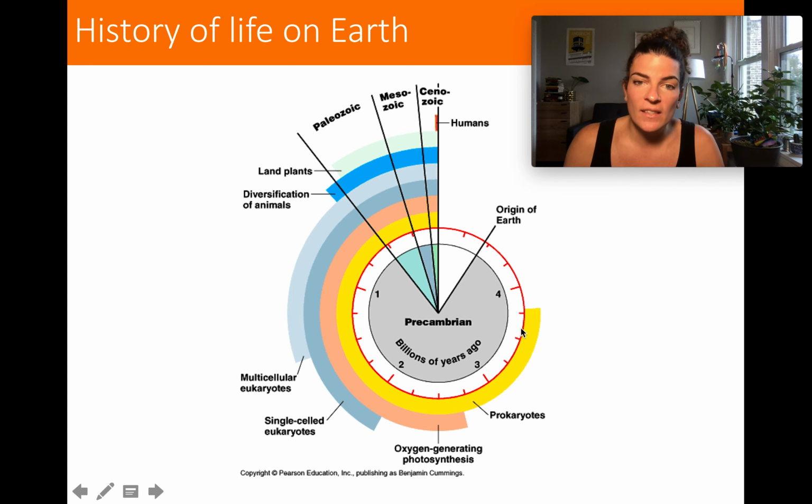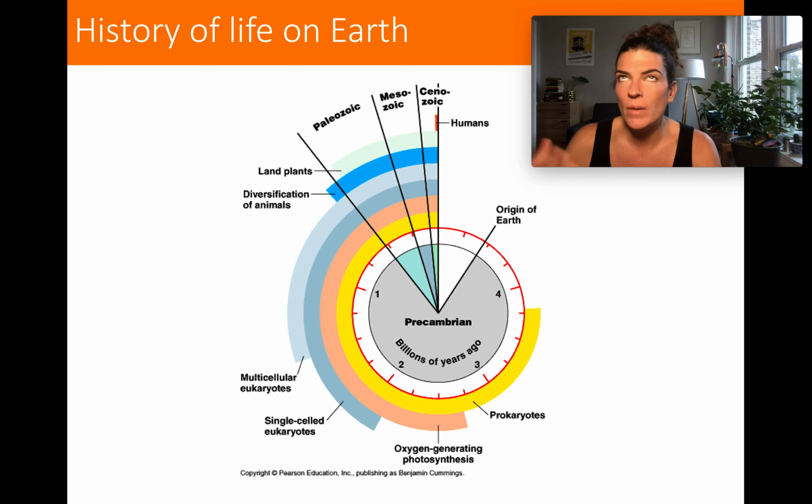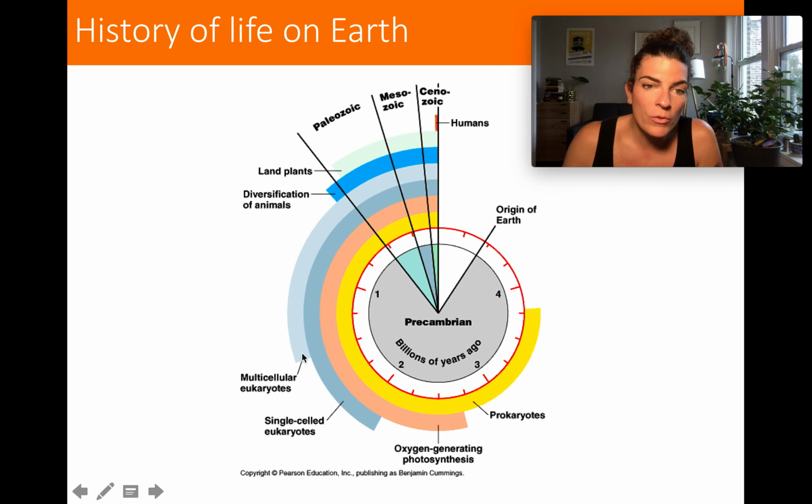Okay, it's not until halfway through this little clock that you even get oxygen-generating photosynthesis, what we would think of as plant things that mimic plants. We're still single cells, though, right? We don't have multiple cells. It takes all the way to two-thirds of the way through this day before you even get multiple cell organisms, which we call eukaryotes, okay? Eukaryotes are organisms that actually have a nucleus instead of the DNA just floating around in the cell. So it takes all the way to here to even get a nucleus, right?